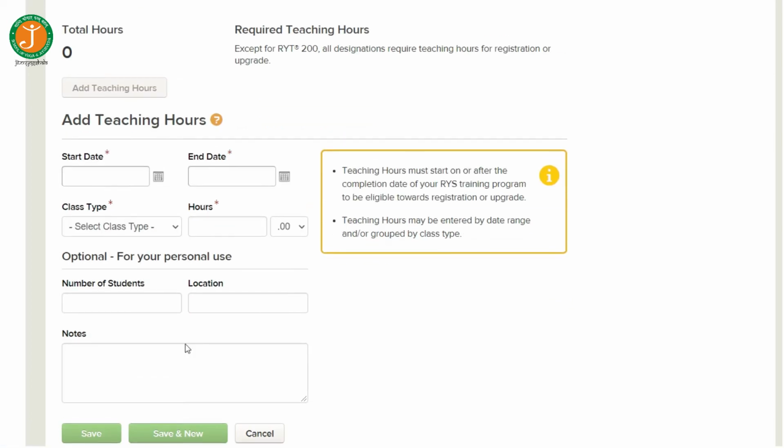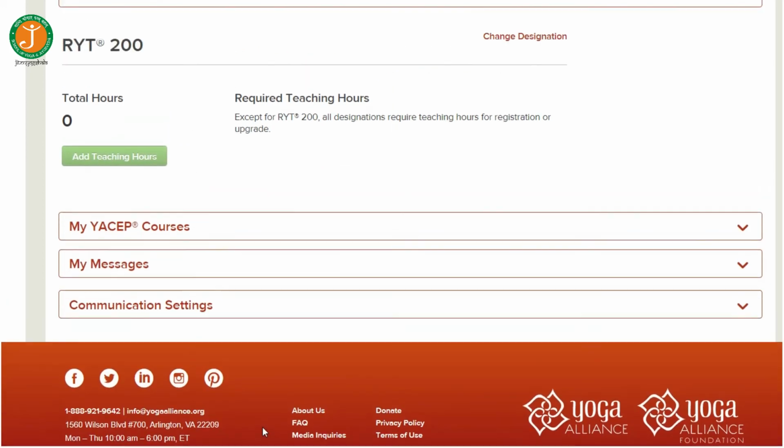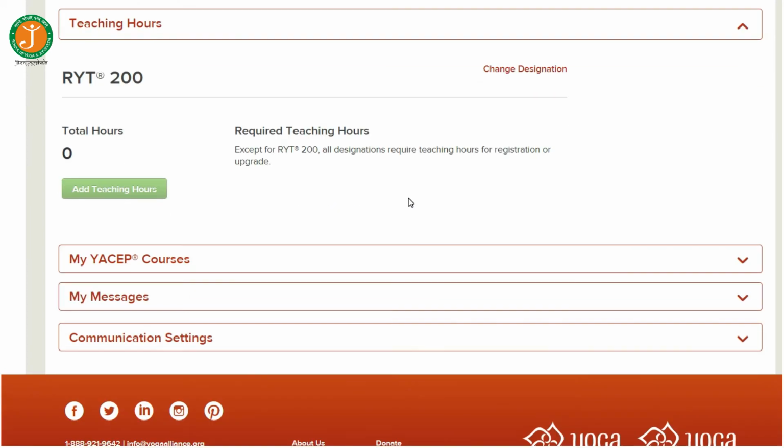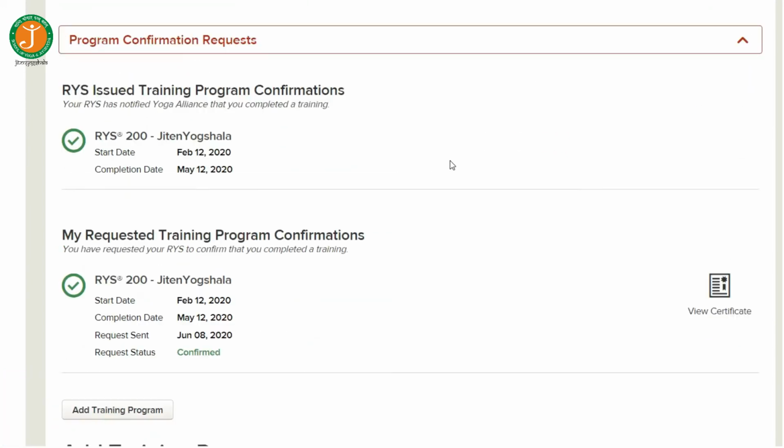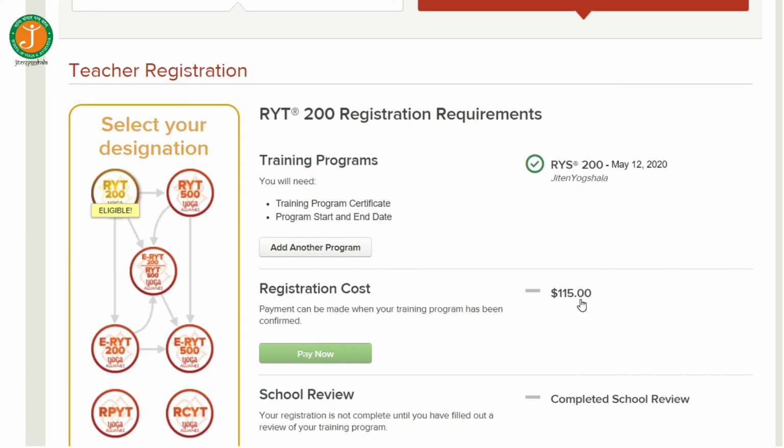You can do it all together at one time, or you can fill it in every week or every month. It's totally up to you. Note that this is just for record and not for any verification or cross-checking. Okay, the registration process is done now.